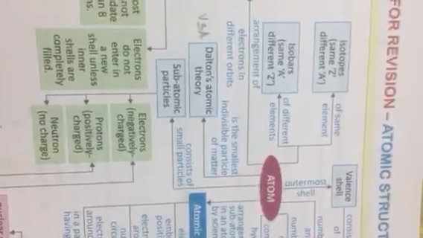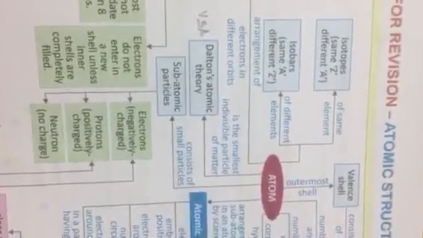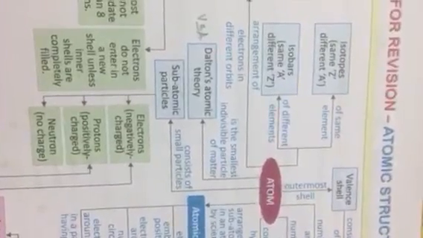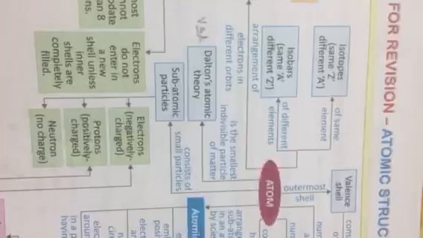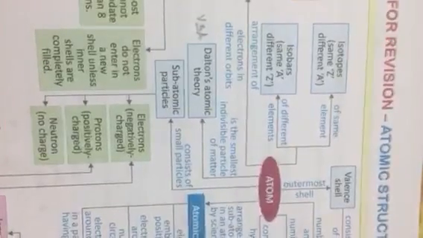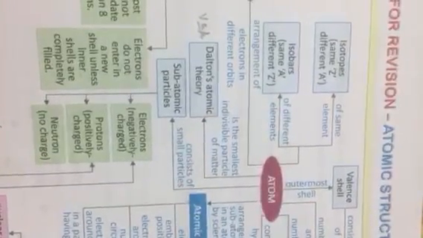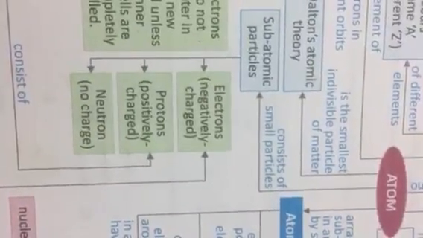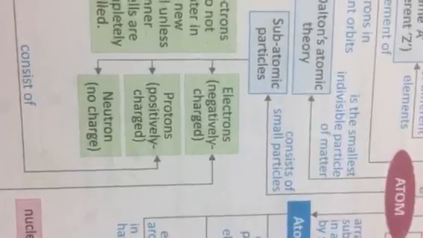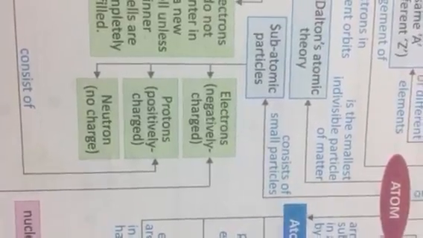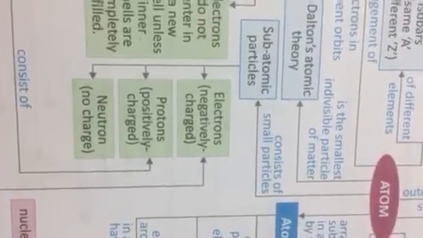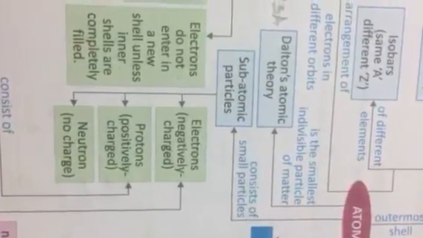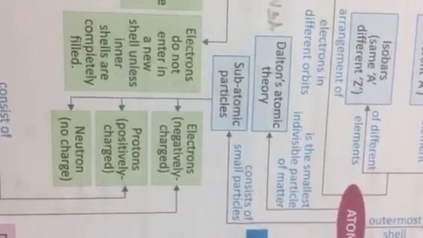That much is enough. When you come back, we will add the explanation. You will write the additional points like that. That atom contains 3 subatomic particles, namely electron, negatively charged, proton, positively charged, and neutron, no charge. This is what you have learned in the lower class. Yet it is applicable here.